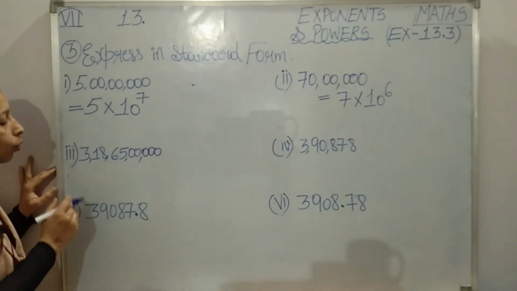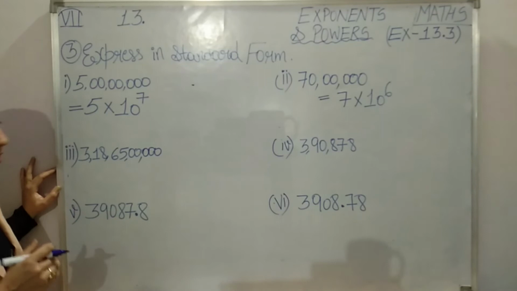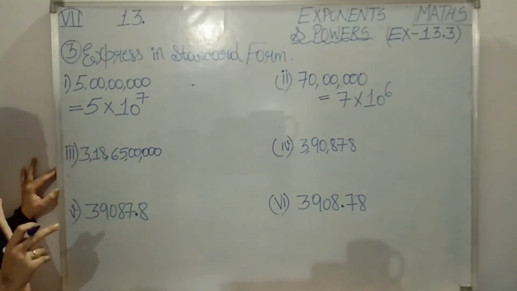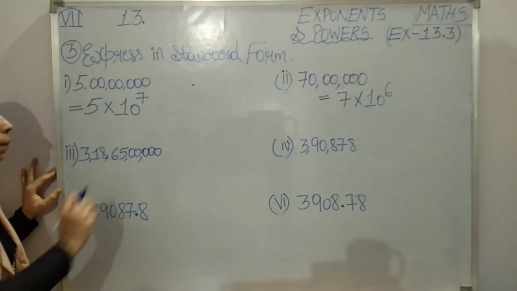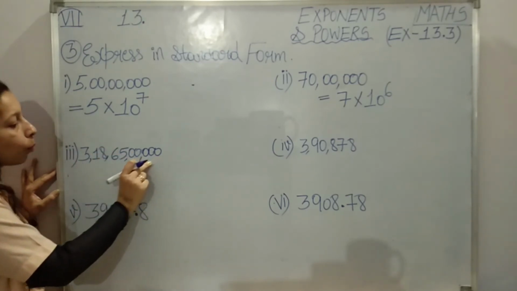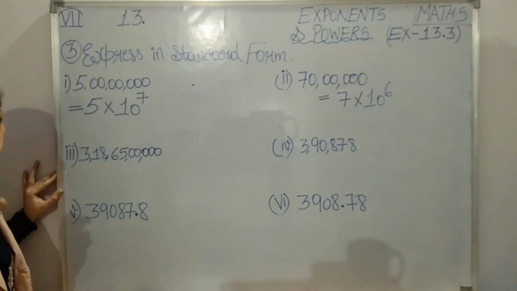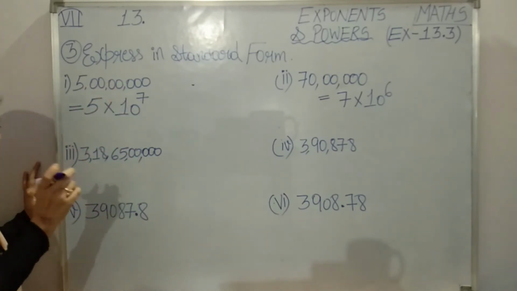But students, here you can see with the zeros many numbers are there, isn't it? Means already it is a very long number. Then how to write it in standard form? Here students, we are going to use decimal. What you are going to do is you have to put the decimal before the first digit. Why are you doing so? Because we want the answer in standard form. We want to shorten this number.